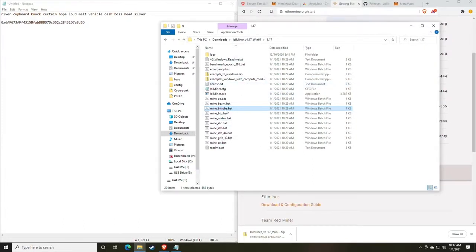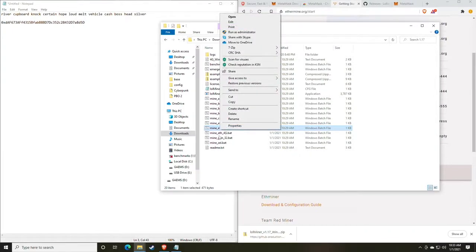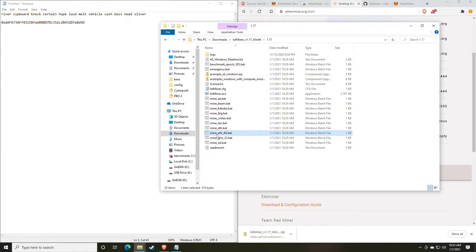So we're going to go back to our file explorer. We are going to find the one that says mine ETH, and this is something we also need to talk about. Your performance is going to be better on cards with over 4 gigabytes of video memory when using typically just the standard mine ETH. However, if you have a card that only has 4 gigs of video memory, you're going to want to play with the